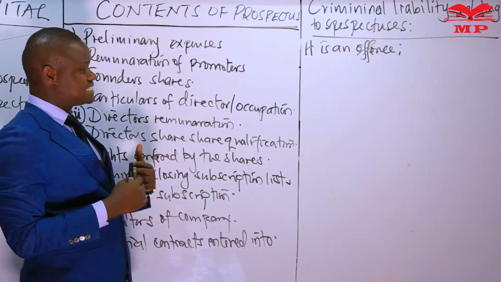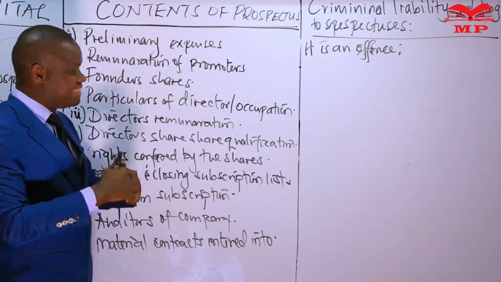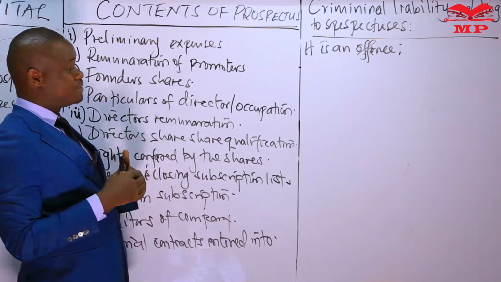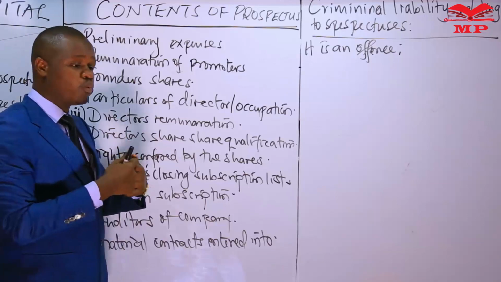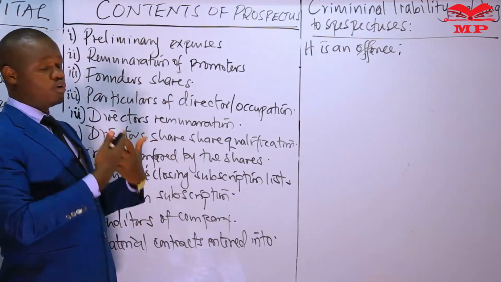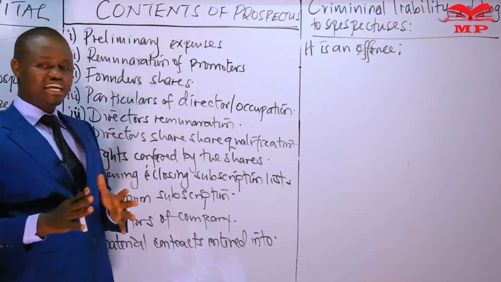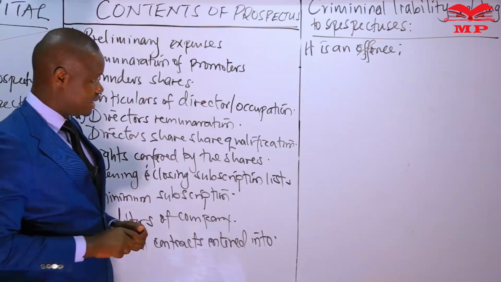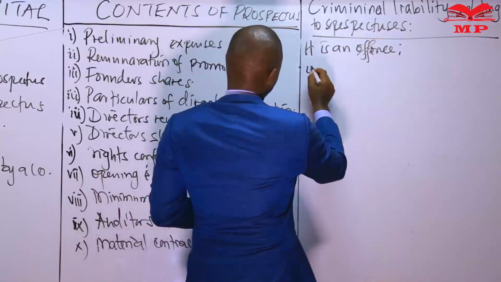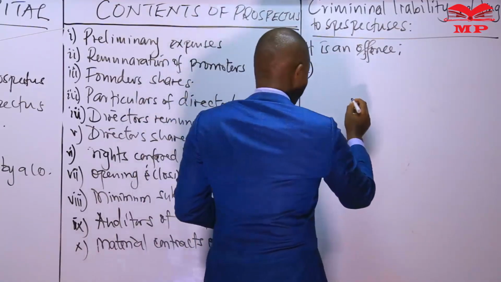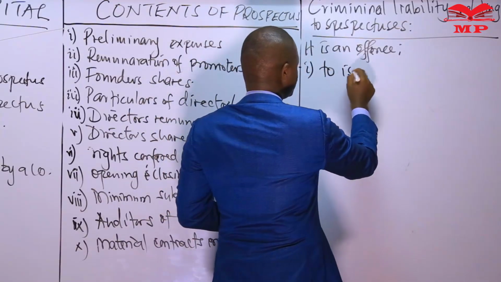So I want us to consider some of these things that under the Companies Act are considered a criminal offense, either when done by the company or the company's responsible officers, or when not done in relation to the preparation and issuing of prospectuses. Now, we are talking about one, it being an offense to issue